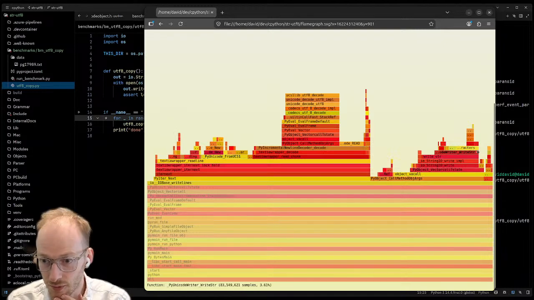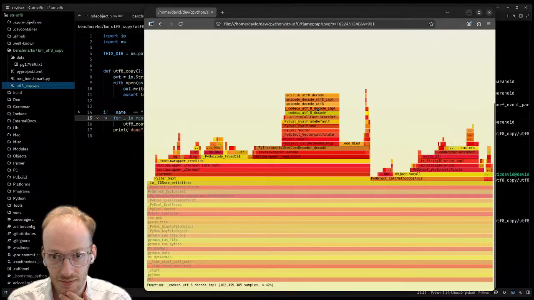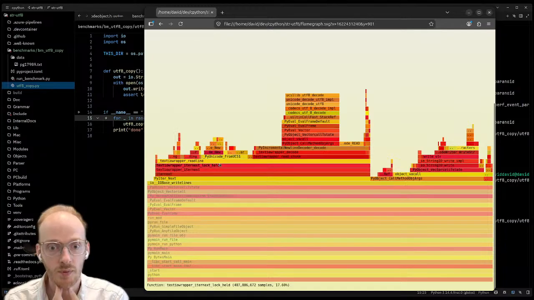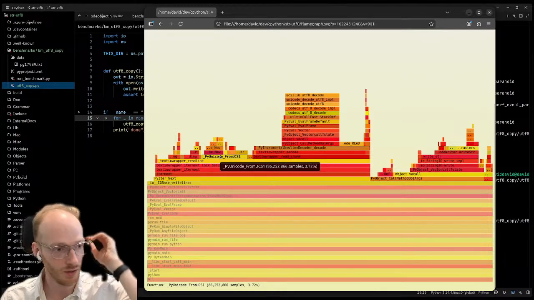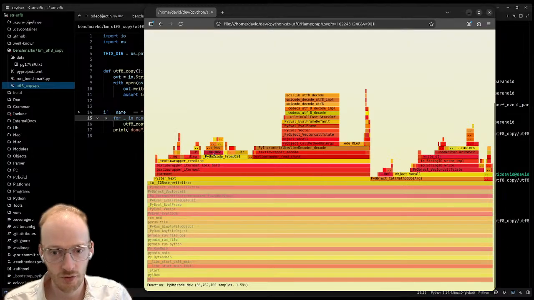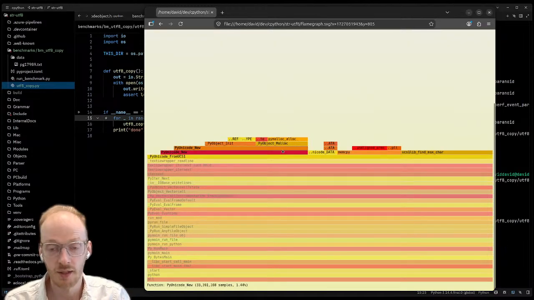So we have Unicode from UCS1, for some reason. Oh, interesting. So we're doing conversion. We shouldn't be doing that.